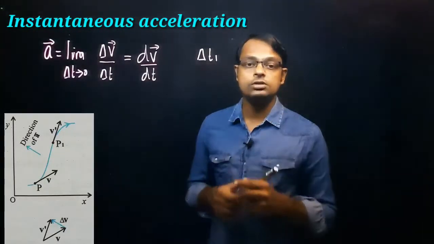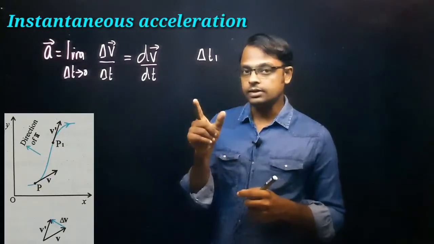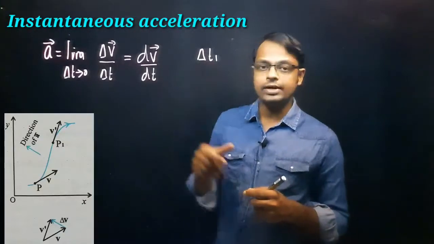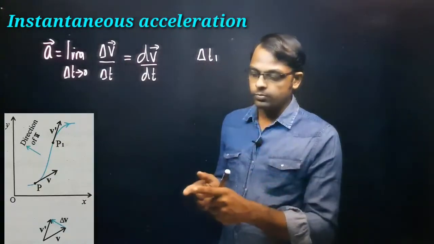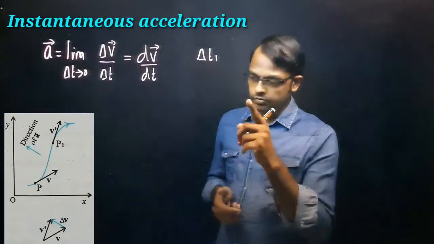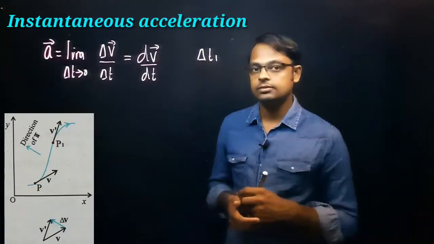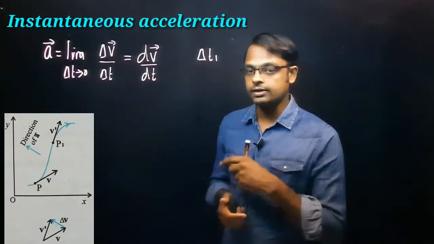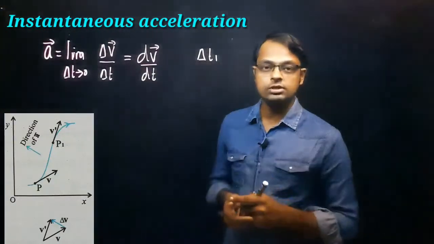Now what is the change in velocity? In order to find the change in velocity, we take the velocity vectors from the picture and draw them in another picture. So v dash and v are taken in such a way that their tails are in contact. Their tails are in contact. Now you can see, when the tails are in contact, what is the direction of change in velocity?